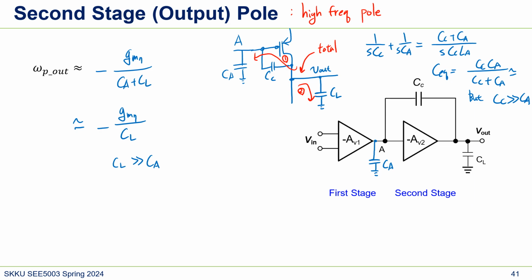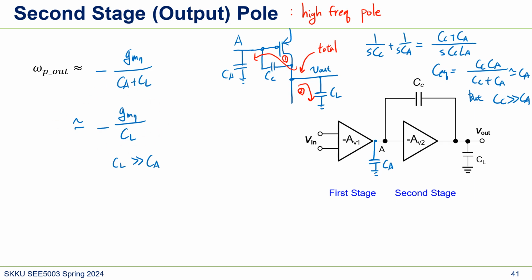So it becomes CA, right? Because CC is a lot larger, we can just remove this CA, then CC can be just canceled out, and then we only see CA. I mean, it's kind of opposite to the resistor parallel connection. So that's why there's no CC. CC is not shown because it's larger than CA. So we got this